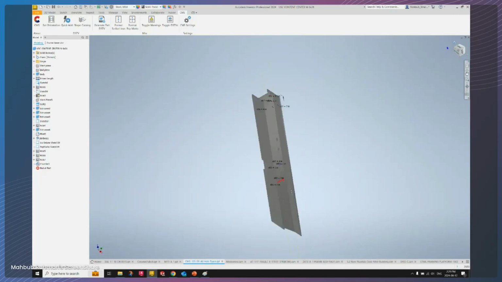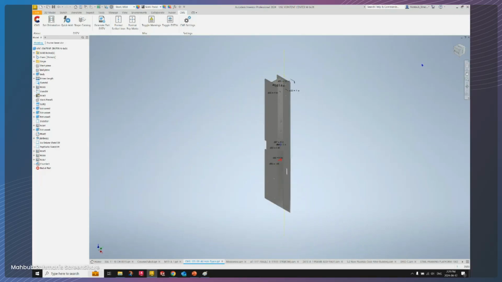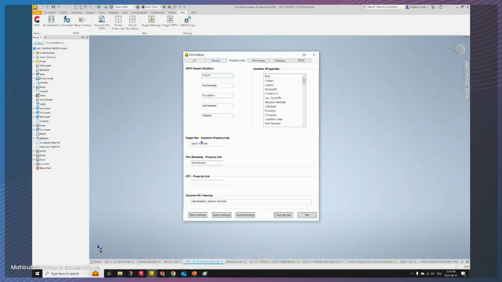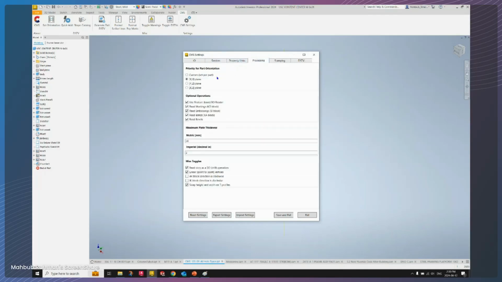As you saw on this model, all I did is make sure that my properties have been mapped correctly in my settings here. As I said, the rest of the stuff is a one-time thing. All you have to care about is making sure that you're on the stock number, and that's it. And you make sure that you're on the XY plane. So if this is the case,